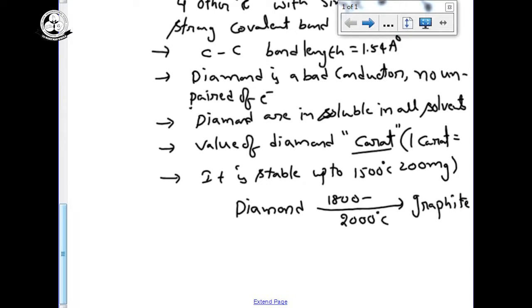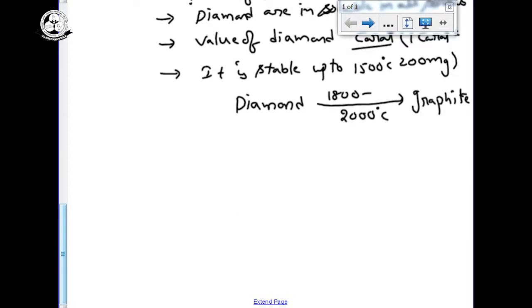Diamond has a high melting and boiling point because of its giant molecular polymeric structure. Moreover, for chemical reactions of carbon, we cannot consider the diamond form, because in diamond shape it is chemically inert. It never reacts with anything else, so there are no chemical properties for this one.